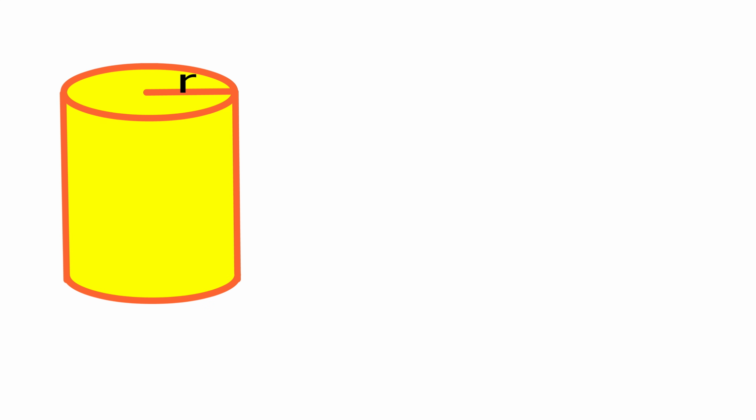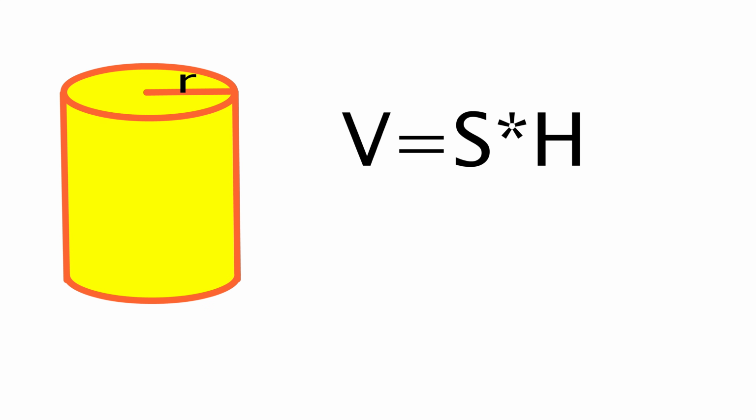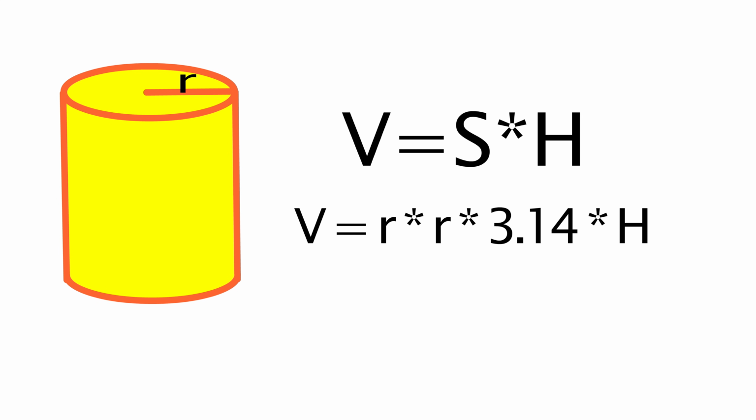For the volume of a cylinder, we also have the area of the circle multiplied by the height, which is the radius times radius times 3.14 times the height. We will now work through a few examples involving the merging of two volumes with different